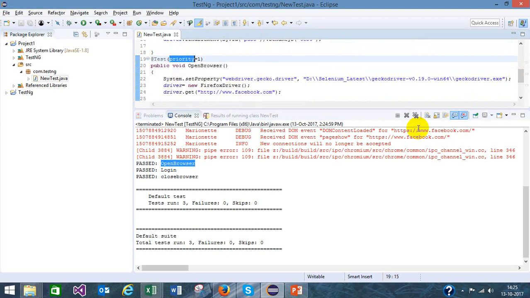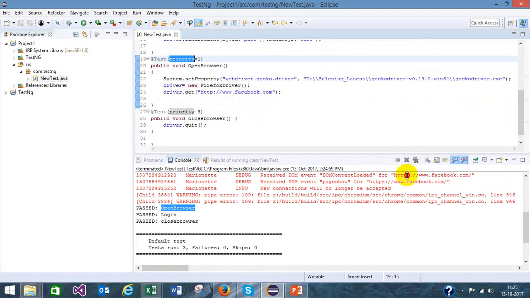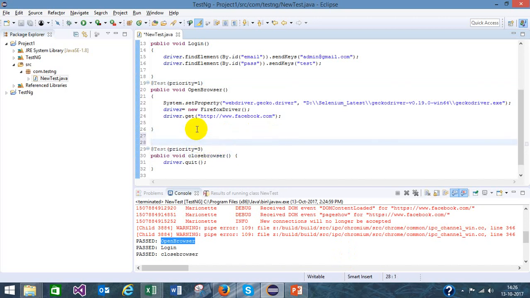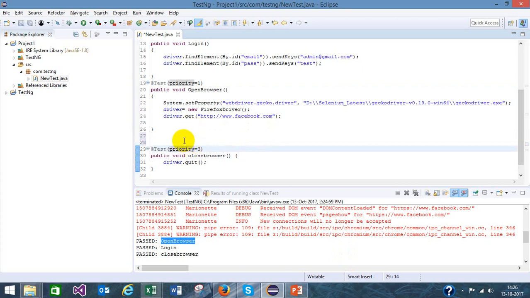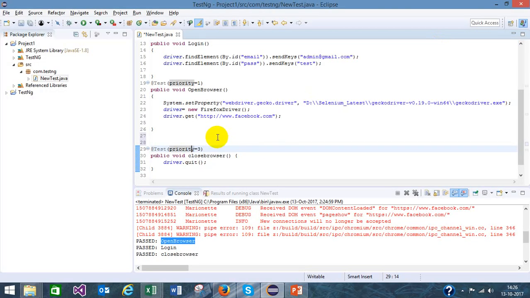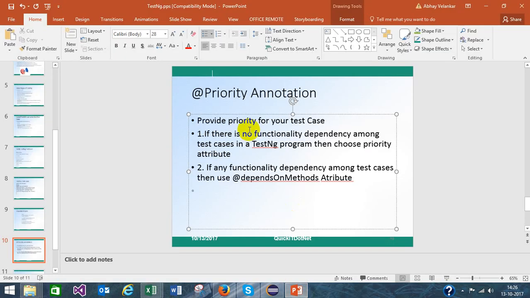This is the use of priority. You can prioritize your test cases by using TestNG. Let's say I am having another method which is logout. No issues at all. We will see in another example how dependsOnMethods can be used. As of now, just make sure in your mind the priority annotation